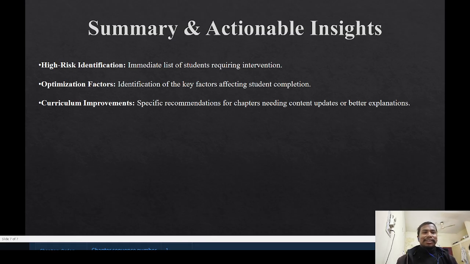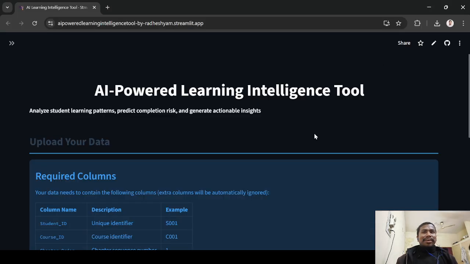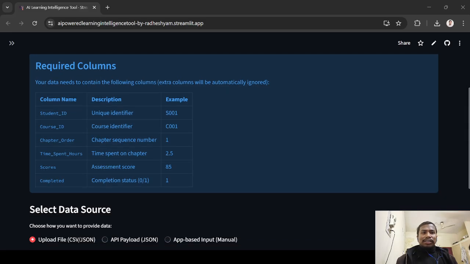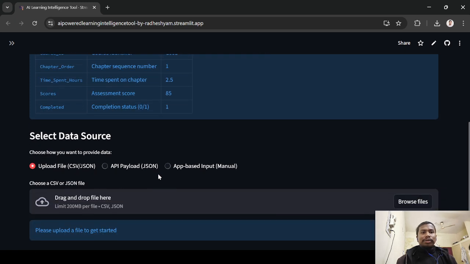Let's move to my demo of the project. Here, when you click on my link or the UI of Streamlit, you see a required columns hint. It means the dataset you upload in the AI tool must have the columns student ID, course ID, chapter order, time spent hour, and course completed columns in the datasets, and the datasets can be uploaded by using three mediums: CSV files,